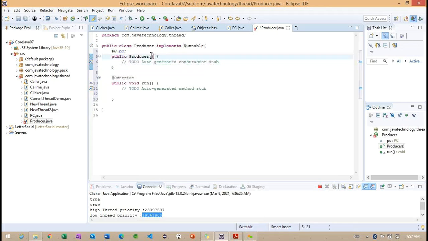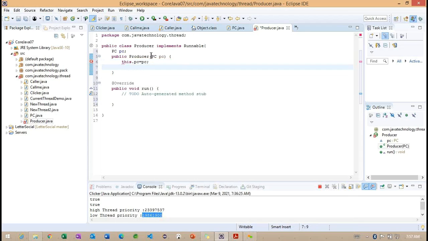Inside this constructor, I'm going to pass PC, and then this.pc is equal to pc.